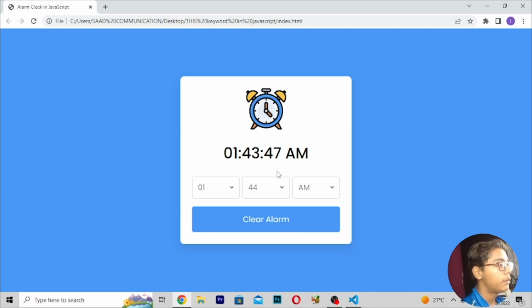Now you can see when it reaches 44, our alarm will be ringing here, so you have to wait a while till your alarm rings. This is the logo, and you can see this is 1:54. You can also clear the alarm by pressing this clear alarm button, and you can see now this is working here. And now when it is ringing, you just have to press clear alarm, and you can see now the alarm is gone, and the sound which we were getting is now gone.